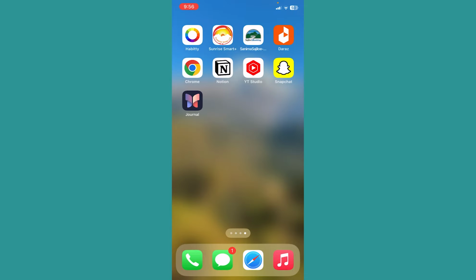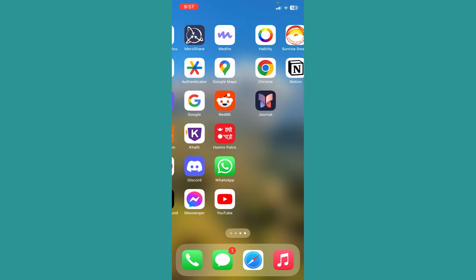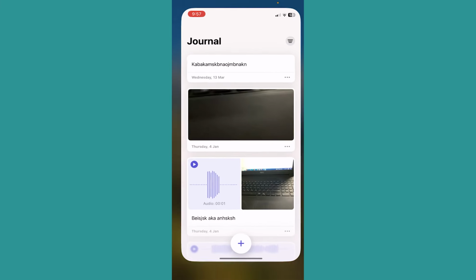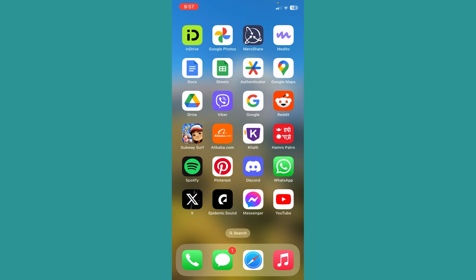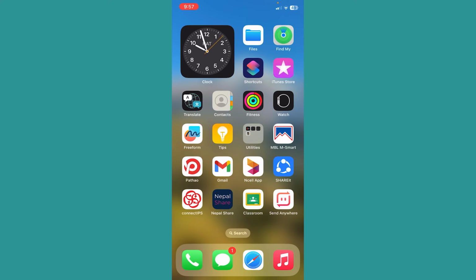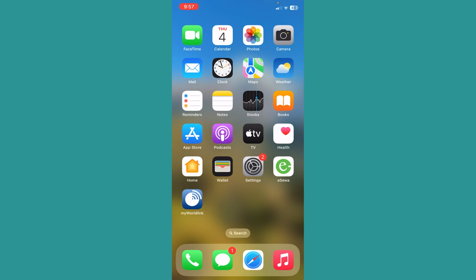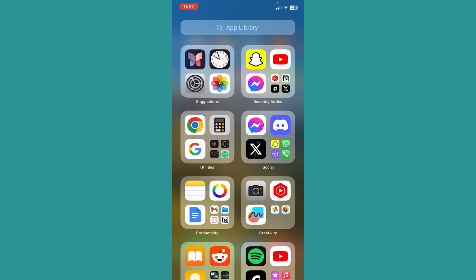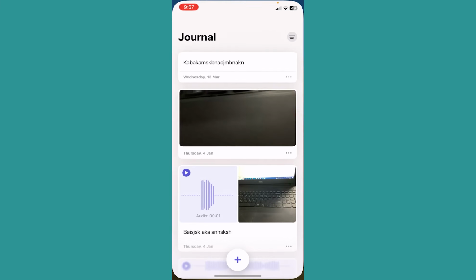Its account is going to be created automatically, because all of its data, which means all of this journal's data, is being saved on your iCloud and iPhone. Whichever iPhone account or Apple ID you're currently logged in with on your phone, that is basically your Journal app's account. So let's say I want all of this to be saved so I can access it on another